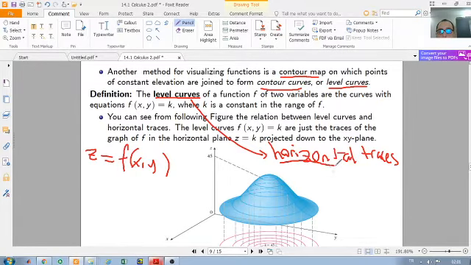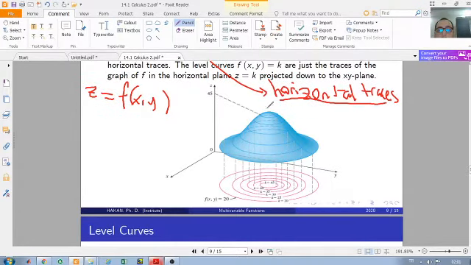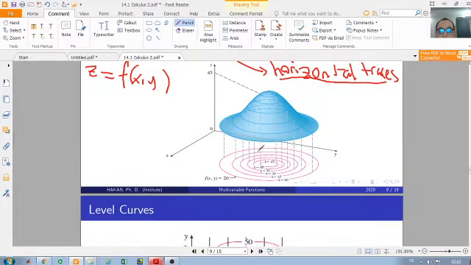Level curves are actually the horizontal traces of the surface. And to determine exactly the level curves in a two-dimensional coordinate system, we take the projection of them onto the xy plane like this. After finding the horizontal traces, generally they are ellipses or circles. So we take the projection of them onto the xy plane and we obtain the level curves or contour map of the function of two variables. This is the contour map